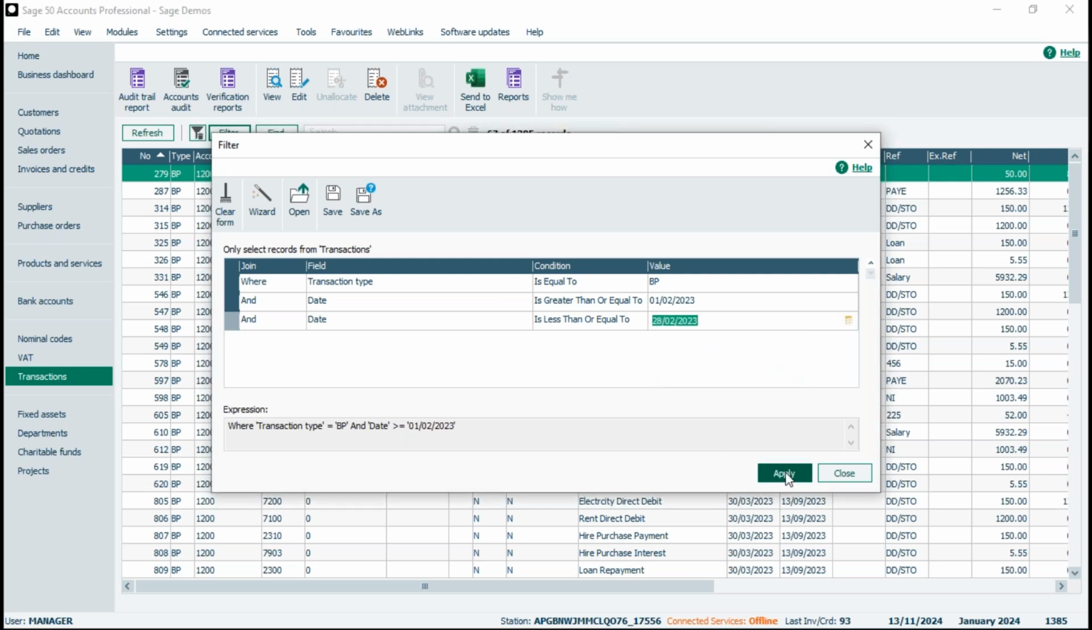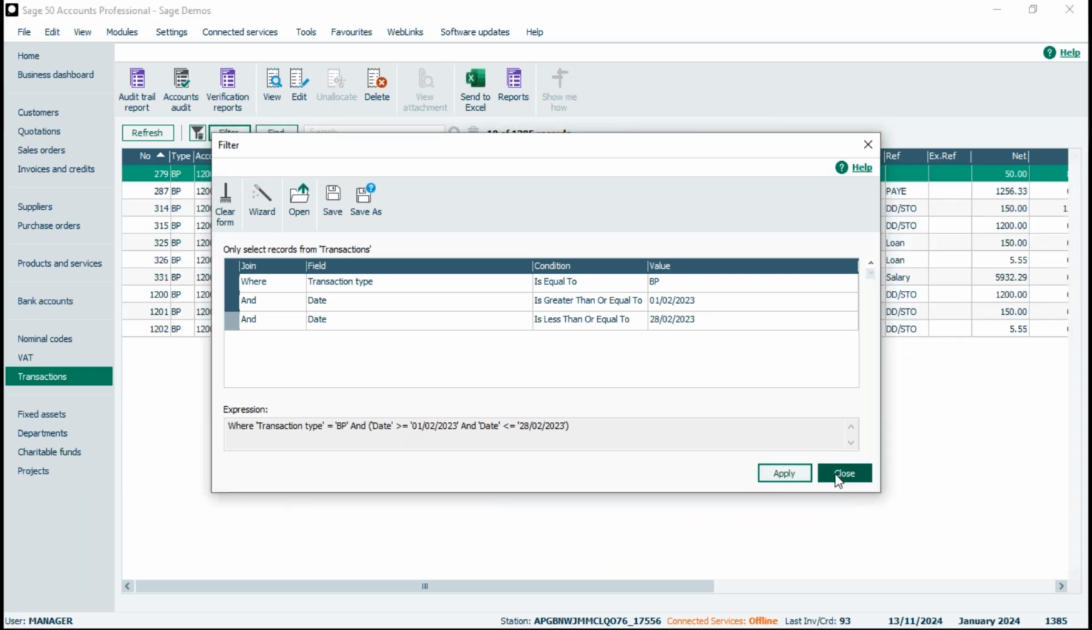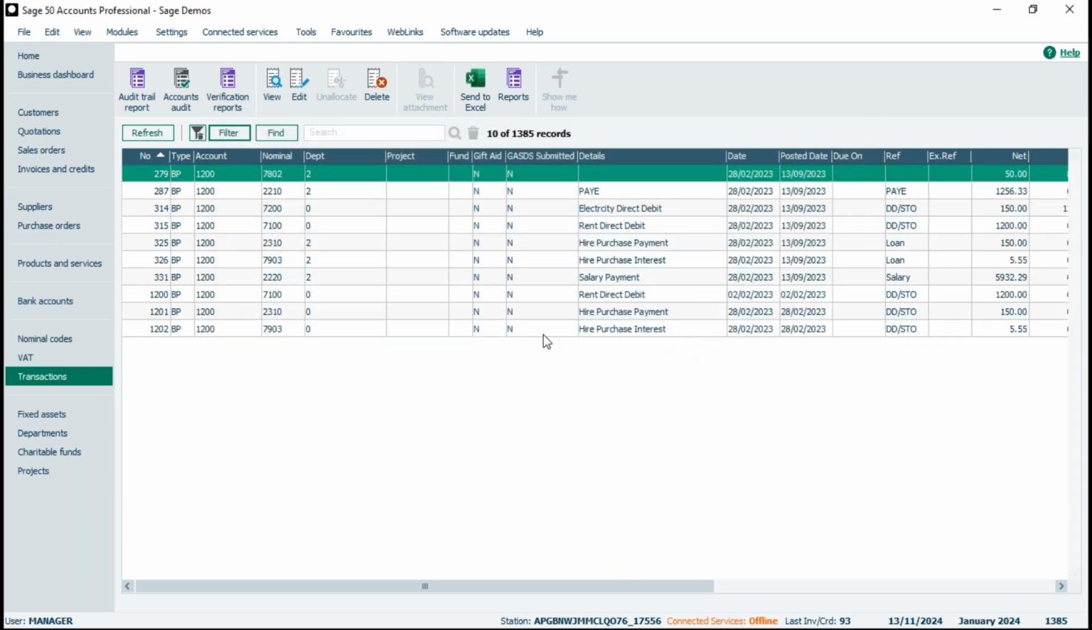And then I just click apply. So what I'm now left with on that list is a list of BP transactions that are dated within that date range I've specified. And the beauty of this is, let's say I wanted that list of transactions. I just want to send my information to Excel. Because I filter that list, if I now click send to Excel,